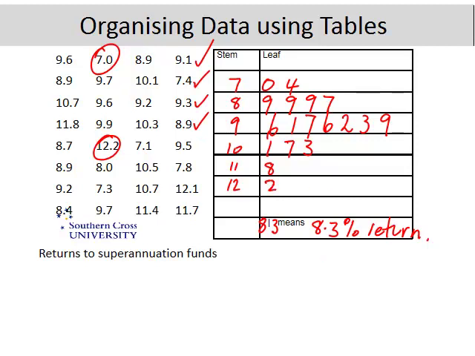8.7, 12.2, 7.1, 9.5, 8.9, 8.0, 10.5, 7.8, 9.2, 7.3, 10.7, 12.1, 8.4, 9.7, 11.4, 11.7. Now, as I mentioned before, the problem with this is it's an unordered stem and leaf plot, and